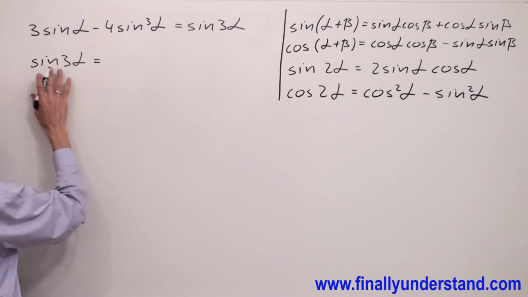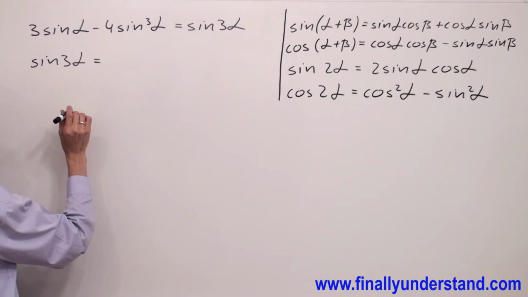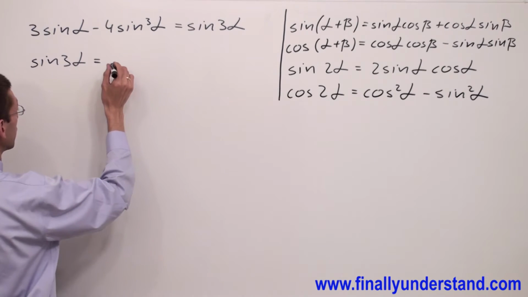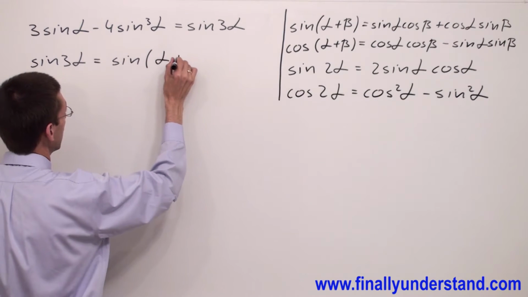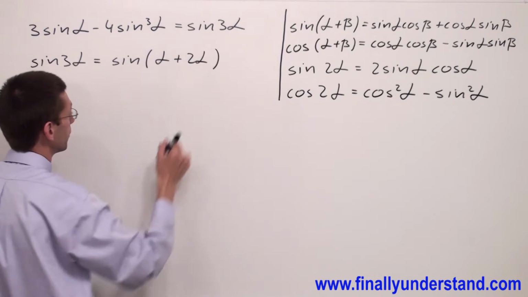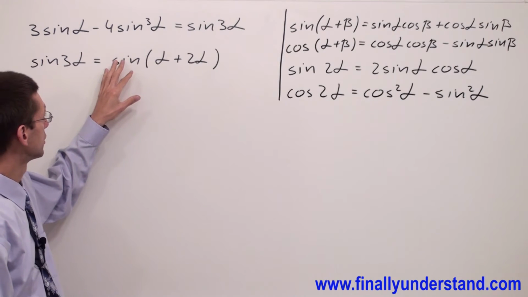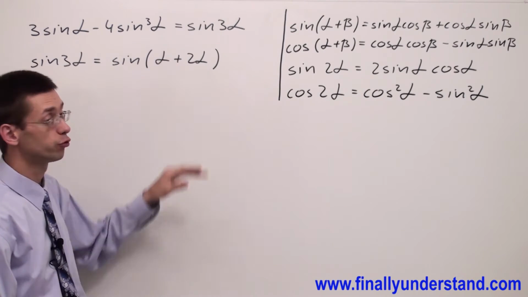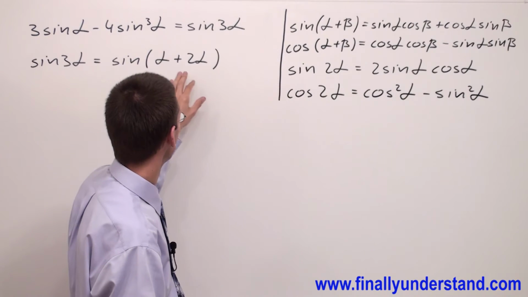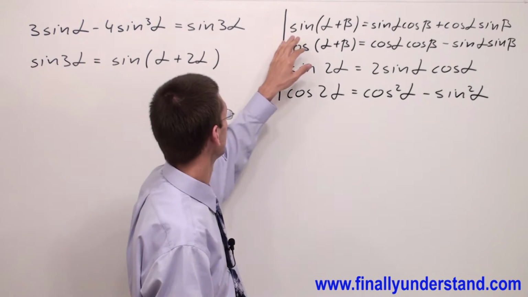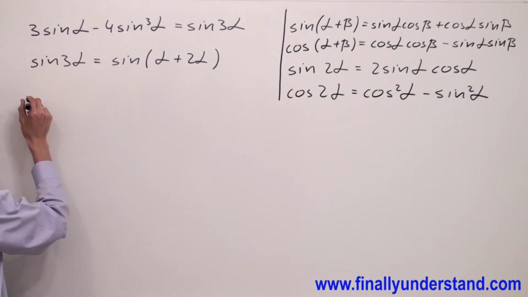I can rewrite this expression as the sine of the sum of two angles. And I have sine, open parenthesis, alpha plus 2 alpha. Now, this is the sine of the sum of two angles. In order to simplify this a little bit, I'm going to use the formula for the sine of the sum of two angles. And rewrite this as sine